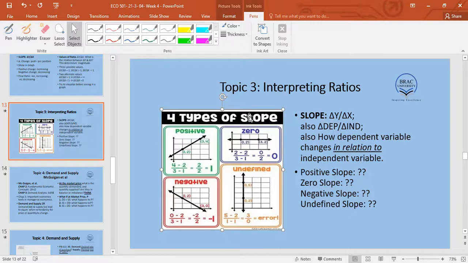Because we have said del y by del x is the mathematics slope, del x by del y is the economic slope. So here, if you say this is a mathematical function, then it is creating 90 degree with the independent axis, so it's mathematical. So it's infinity. But if I say that this is an economics function, then this line, isn't it parallel to the independent axis, the y-axis?